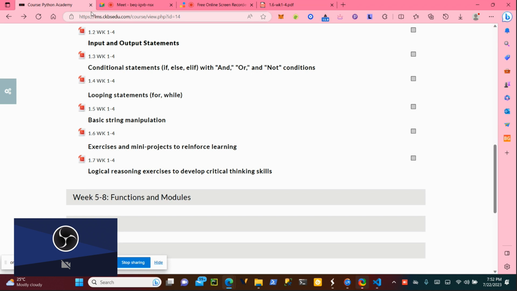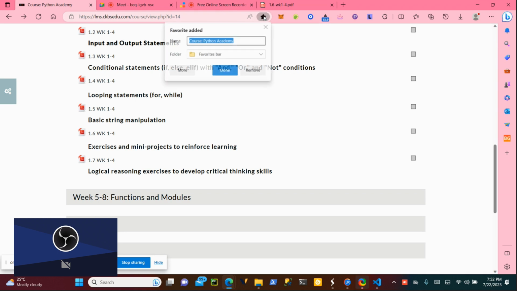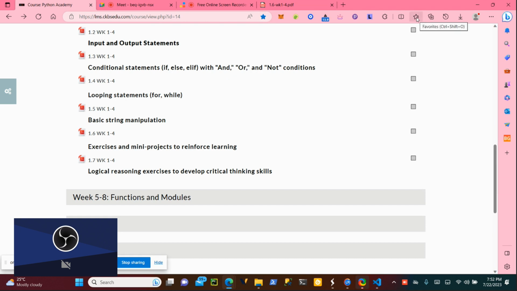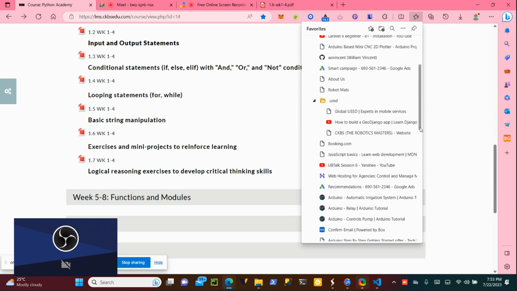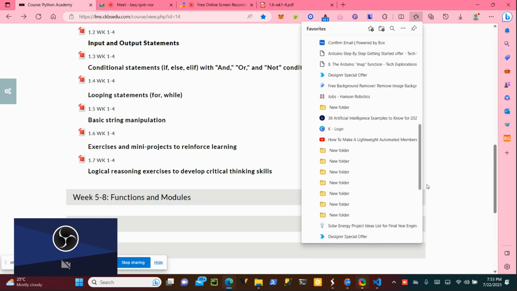Okay, this is how you do it. So you can come here. When you open, you see this star. Okay, you can click on the star like this, and then it will save. You say save. So you can create a different folder. You can see that favorite. So you click on favorite, then it's saved. So anytime you come here, you can see your favorite. Then you see I've saved a lot of things here. But it's not everything that you can remember. So now you can see I saved it as favorite. So I'll go to favorite.